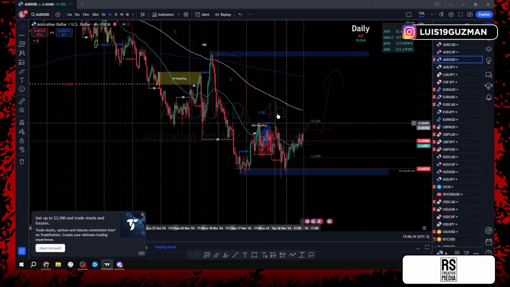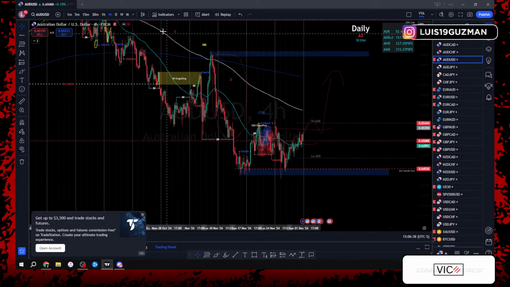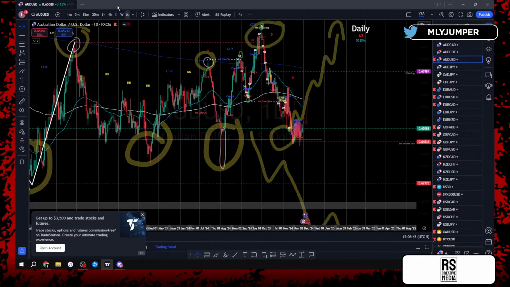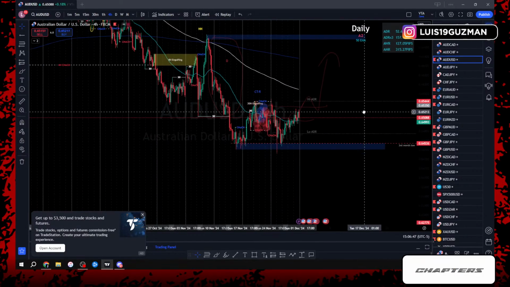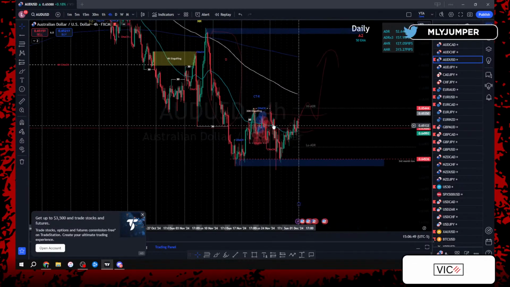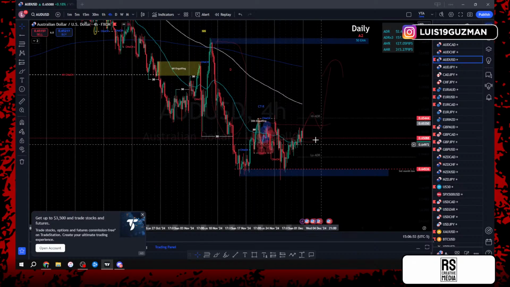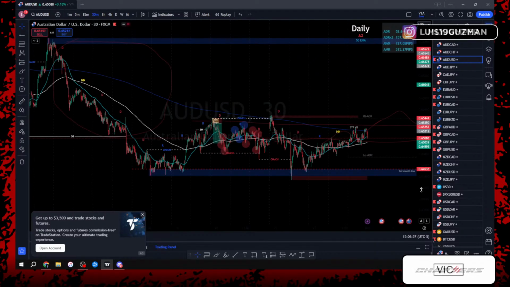So at this point, on the 4-hour time frame, we're still making lower lows and lower highs. Once again, for this third month to play out, we are looking for lower lows and lower highs. So we already know if we start rejecting these highs, then we can start looking for pushes back down to the bottom. But right now we're just getting ready to see where price wants to go.